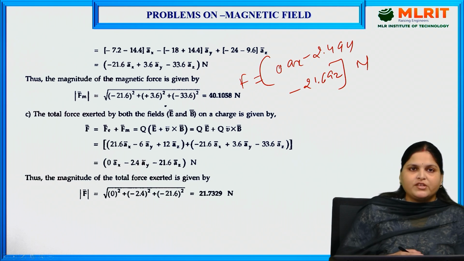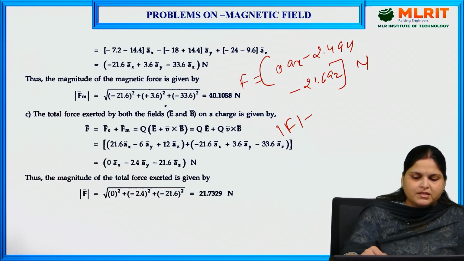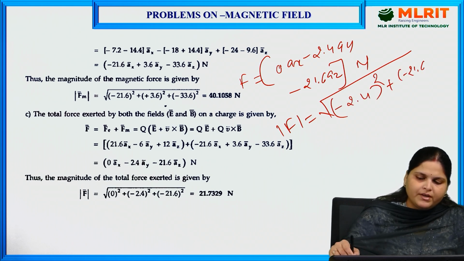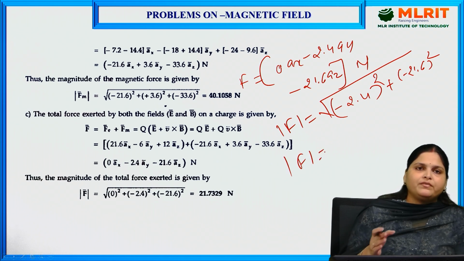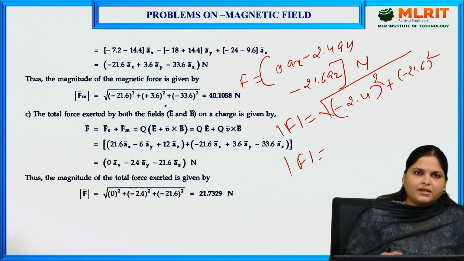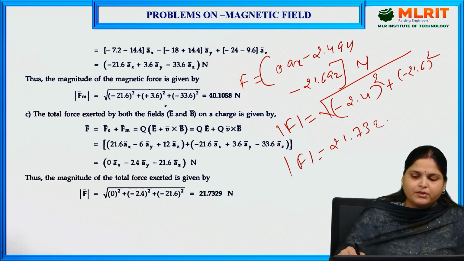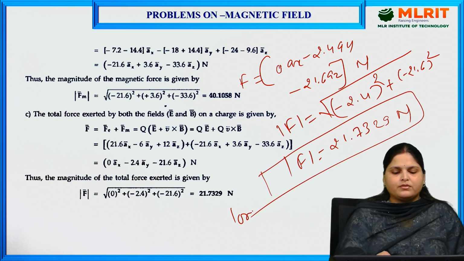This is the equation of force, and if we want to find the magnitude, we can just take the mod and it will become minus 2.4 square plus minus 21.6 square, and the total force when both the fields are existing will be 21.7329 Newton. This is called the Lorentz force,